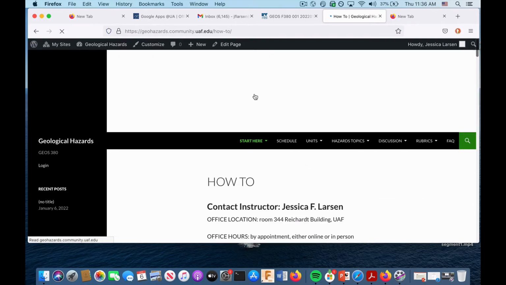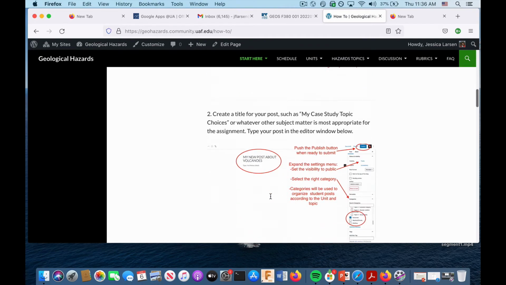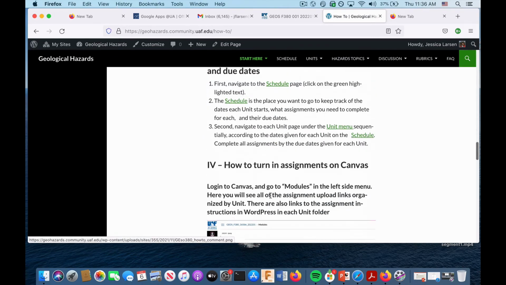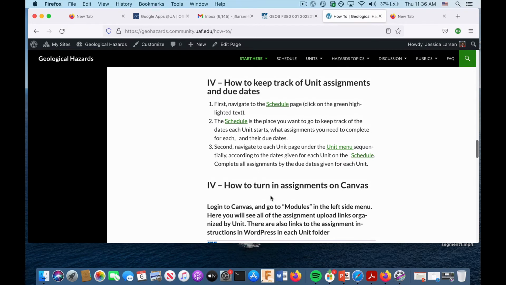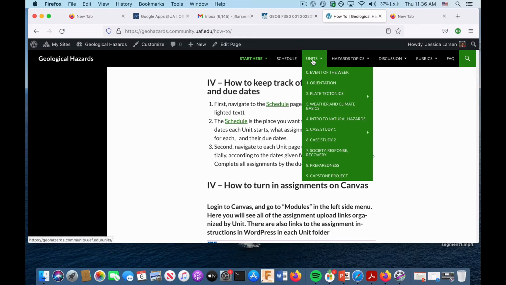Okay, so if I go back to the how-to and scroll down, to find where the work and the content for the course is, you're going to go to the units menu sequentially. Each unit also is described here in detail. This is where all of the assignments for the class are going to be kept, and this is where a lot of the course content is going to be as well. And if it's not embedded within the WordPress site, you're going to have links to take you outside of WordPress